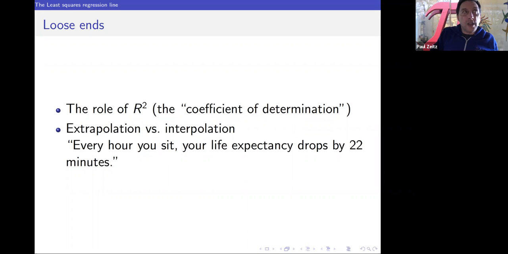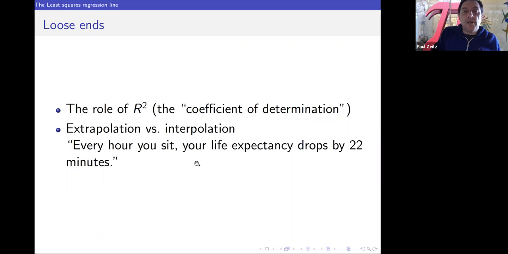But the truth is, if you did a scatter plot of height on your second birthday and height when you are an adult, you're not going to get a straight line with a slope of 2. You're going to get a scatter plot that will have some noise in it, and it might have a slope of 2. So certainly the best prediction is to double the height, but there's going to be some error. What I said to my mother-in-law was, well, I'm sure that my son's adult height is a random variable that's normally distributed, and the mean is twice his height today, but I don't know what the standard deviation is. I have no idea how tall he'll be.